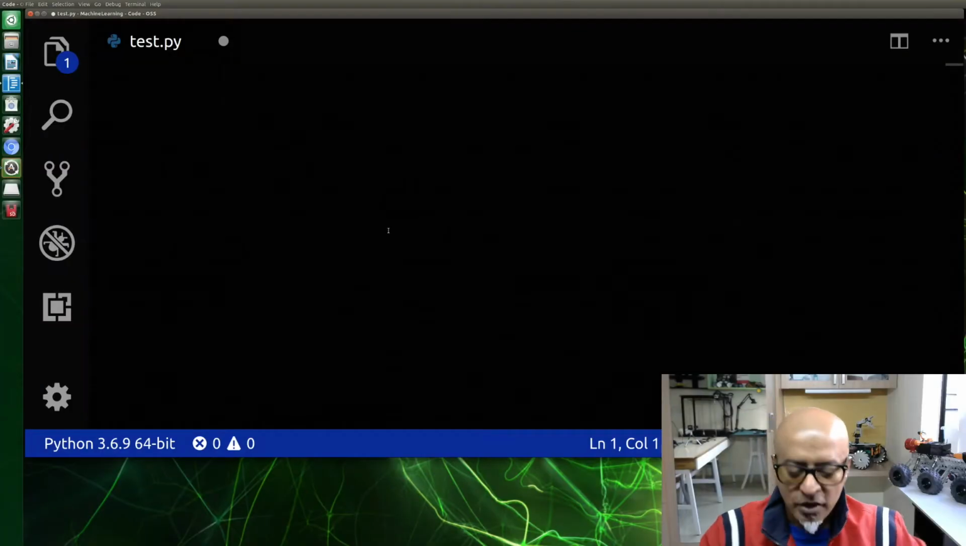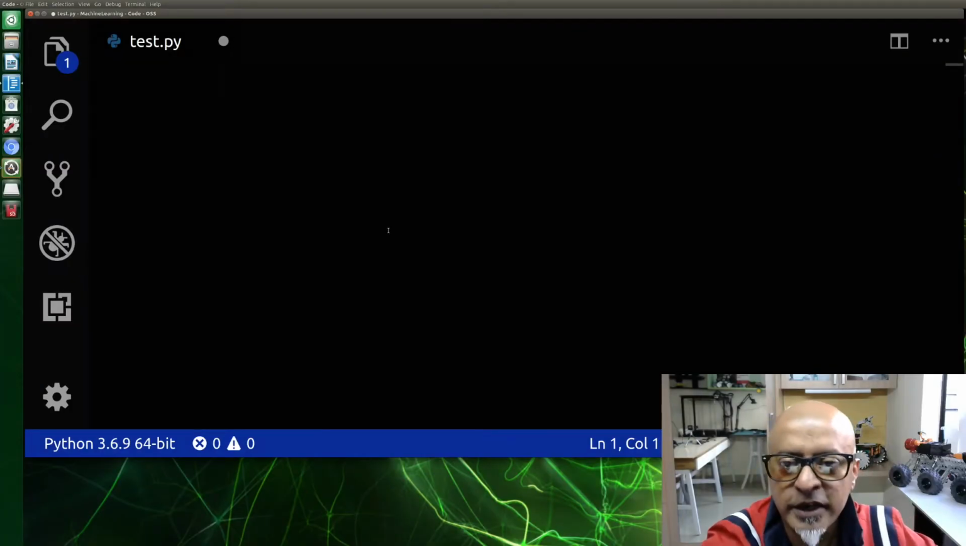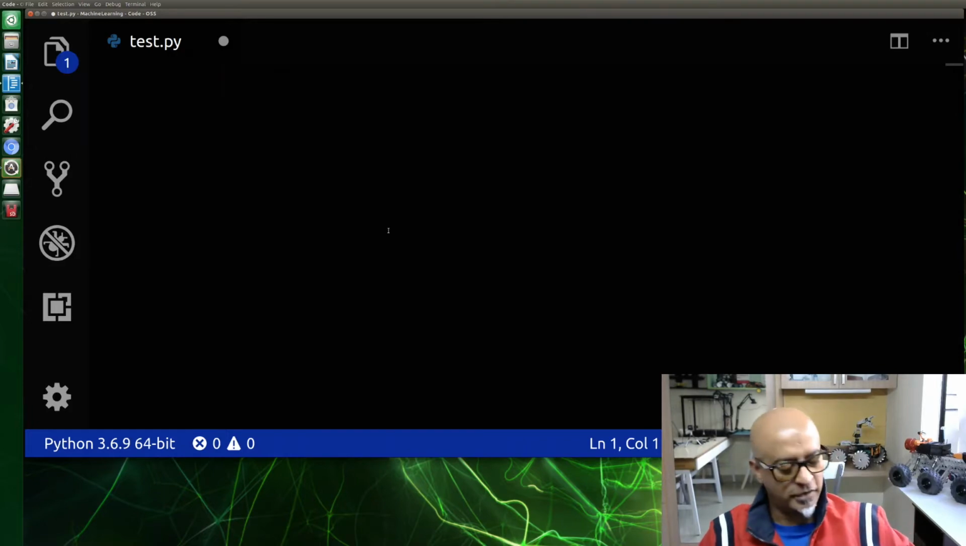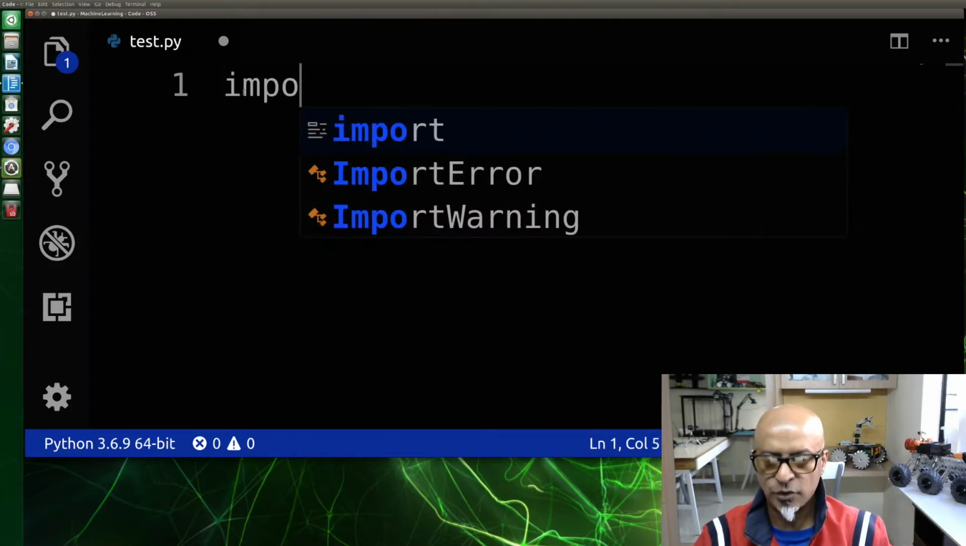All right, I hope I'm logged in. Yes, I am logged into Jetson Nano and my IDE setup is ready. Great. So let me just show you a very simple example. Say import